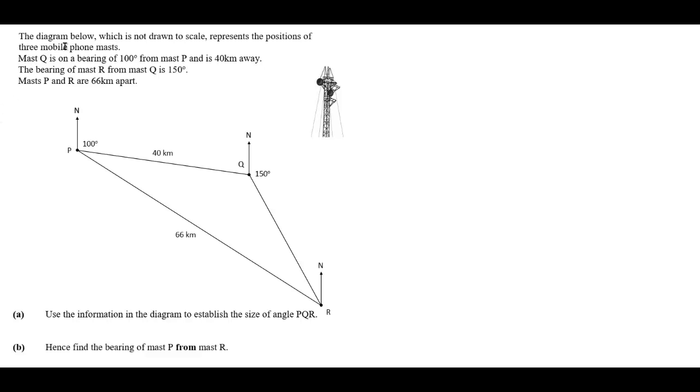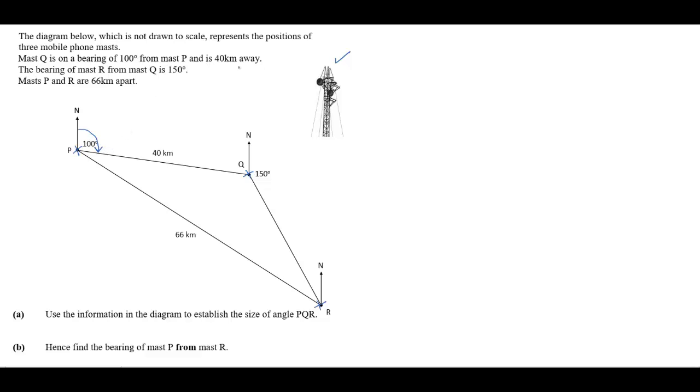The diagram below, which is not drawn to scale, represents the position of three mobile masts. Here, these are the mobile masts, and the three masts are located at P, Q, and R. Mast Q is on a bearing of 100 from P. So the bearing of Q from P is 100. This is a 100-degree angle,